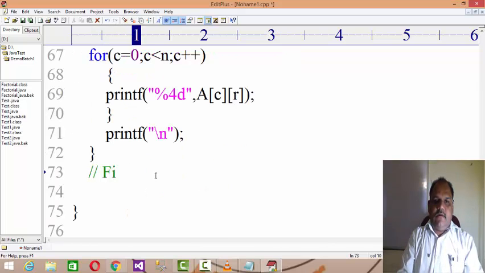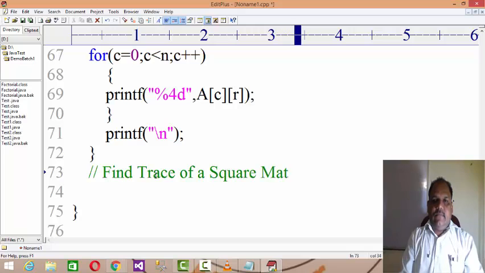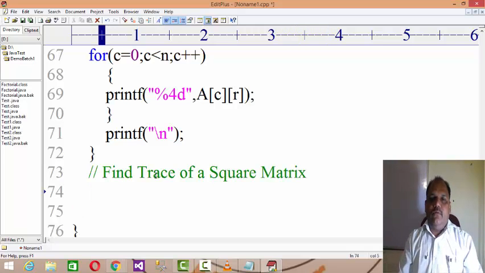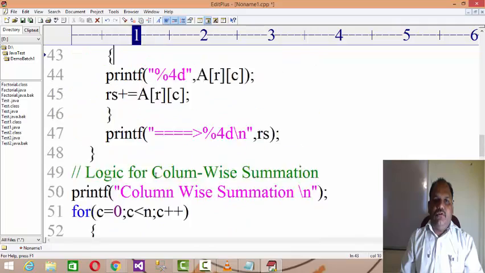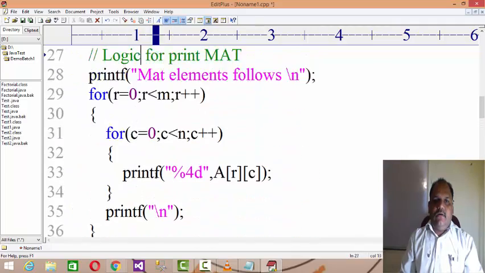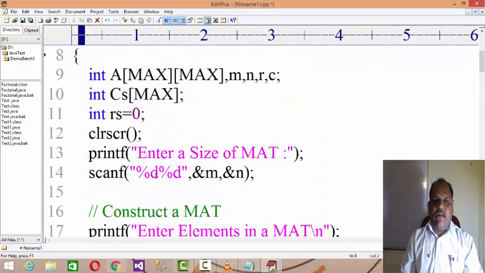Find trace of a square matrix. A square matrix means the number of columns and number of rows are equal. Now you declare a variable on the top by the name of trace.